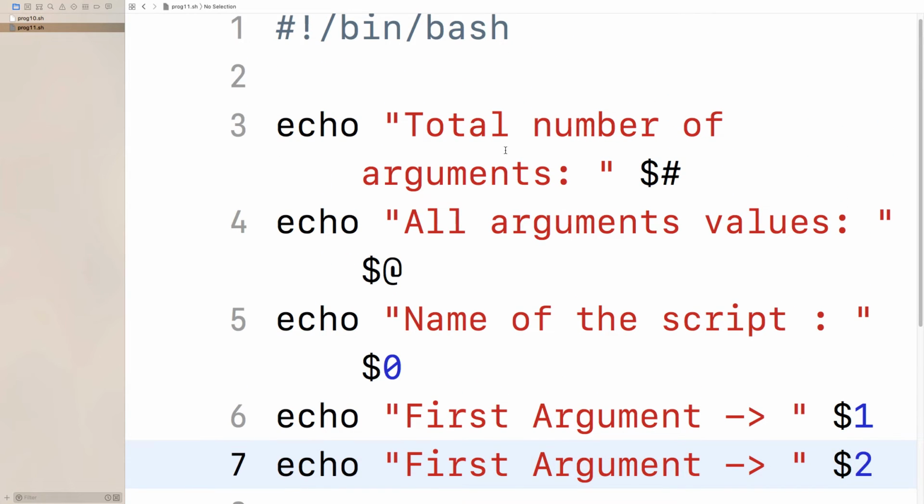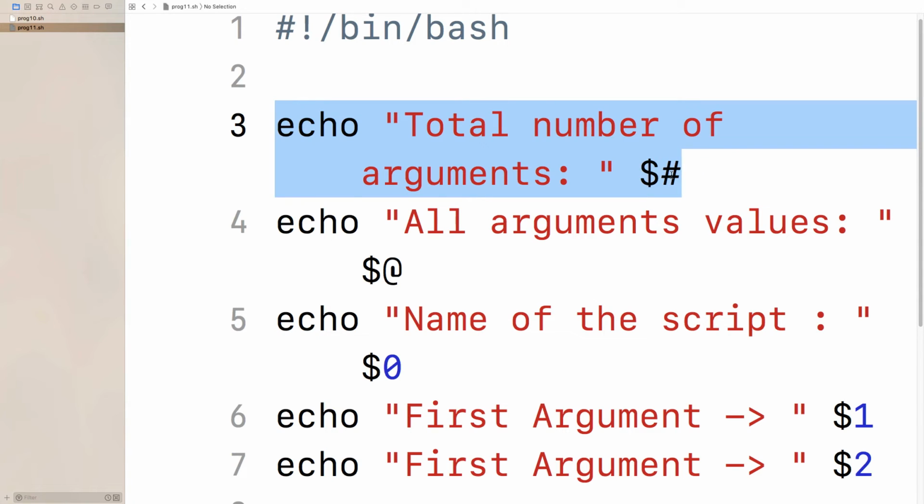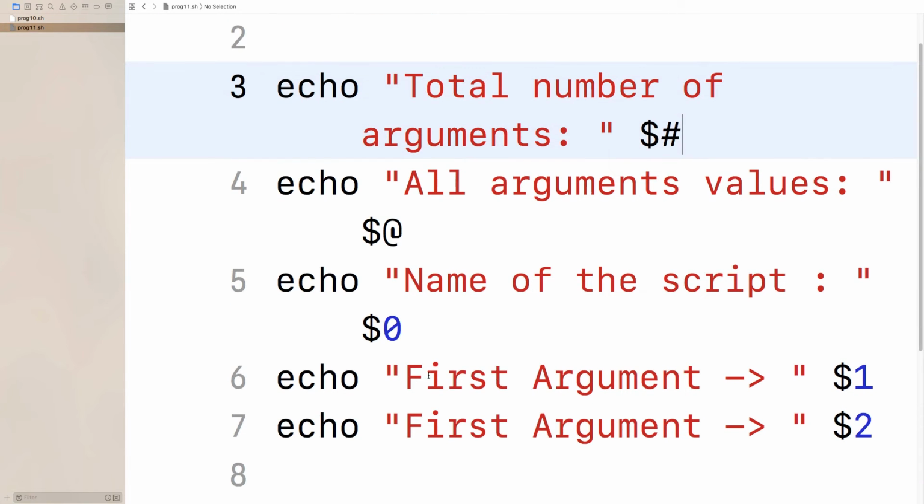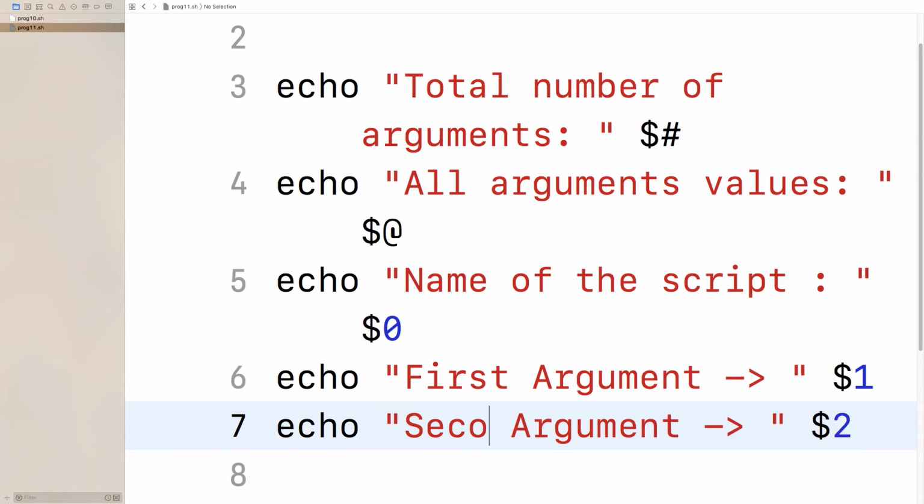So here we are showing the number of arguments, how many arguments we have passed to that script. We can use dollar hash. Dollar at the rate will show all the arguments. Dollar zero is the name of the script or the name of the program, and we can show the first and second argument with this.